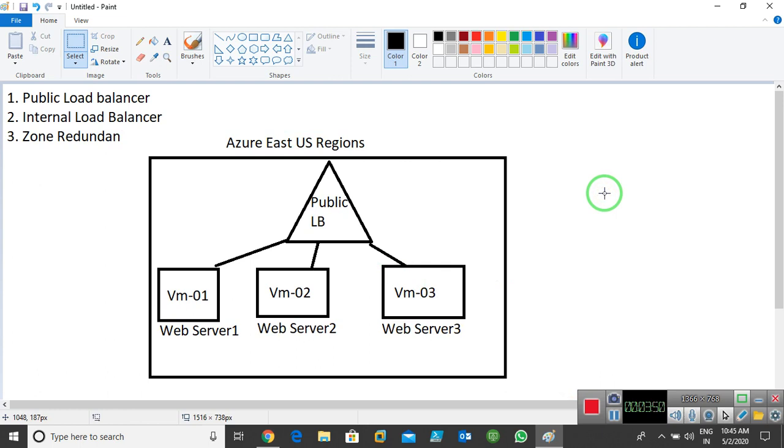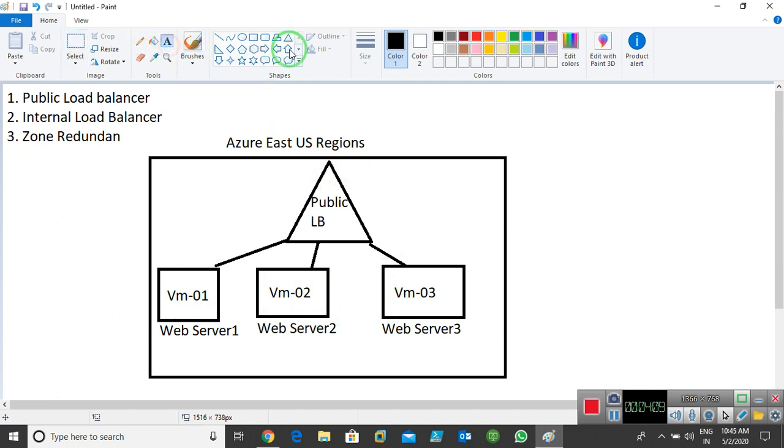But now in this scenario, I want to put the VMs in different data centers. Imagine that in my Azure region we have 3 data centers, and all 3 VMs are put in only one data center right now.